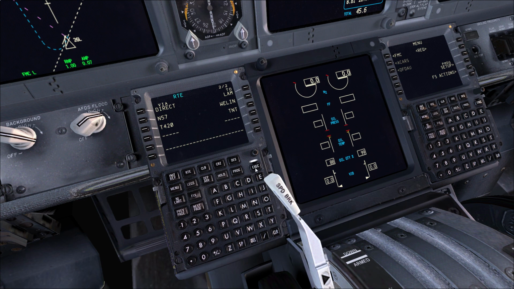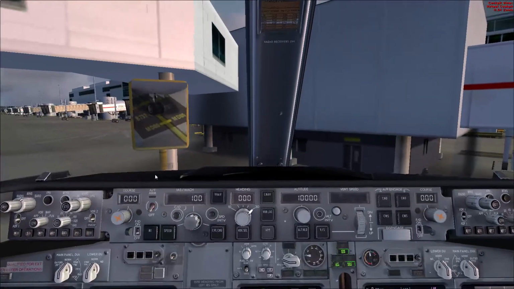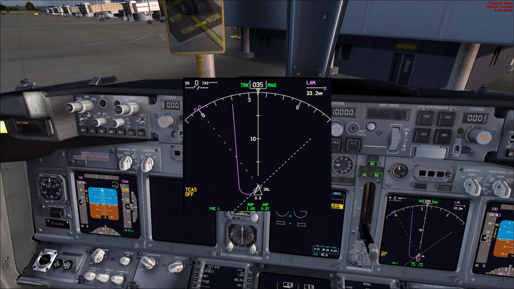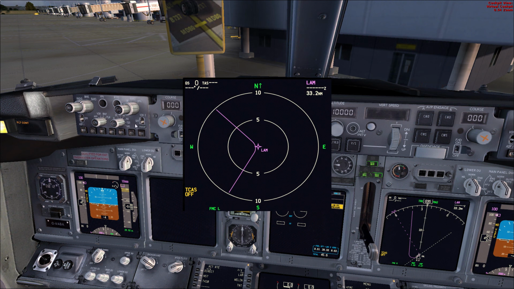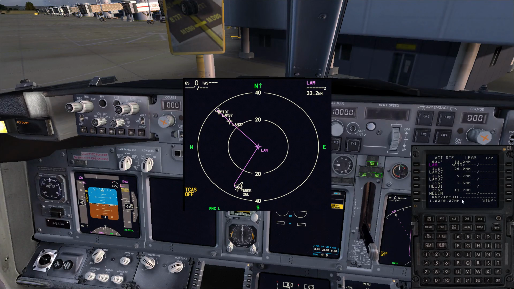And then we're going to activate and execute that. And if we look at our nav display now, I'll just bring it up and go to, let's say, plan mode and zoom out a little. We can see where we start. We depart, direct Lambourne, and then if I go through all the waypoints, just step through the waypoints, you can see